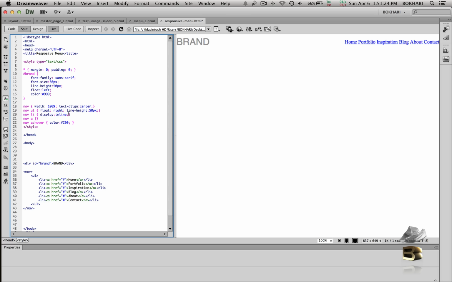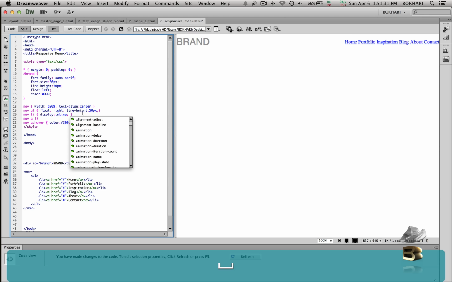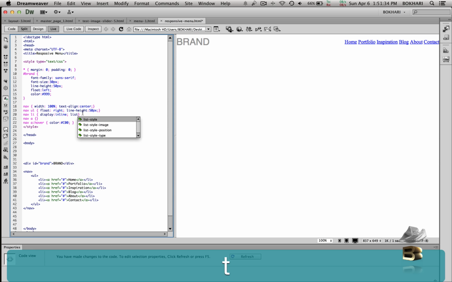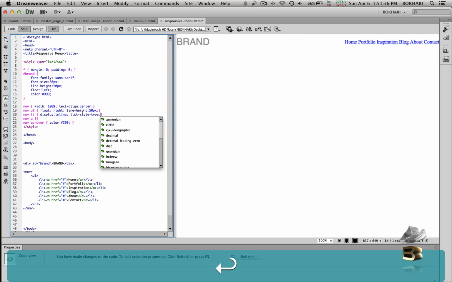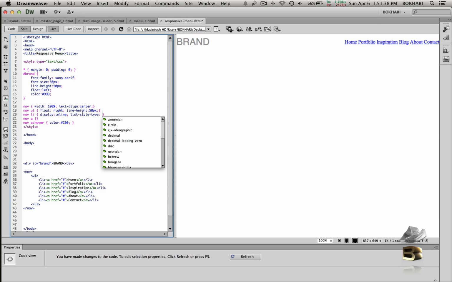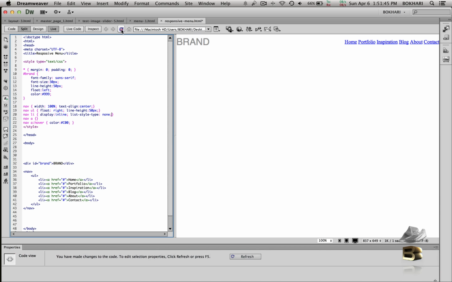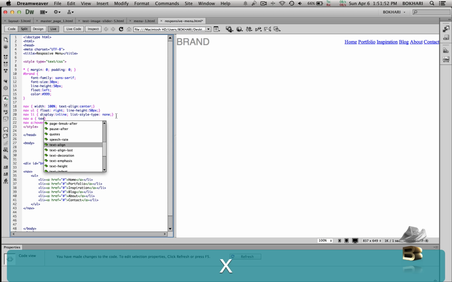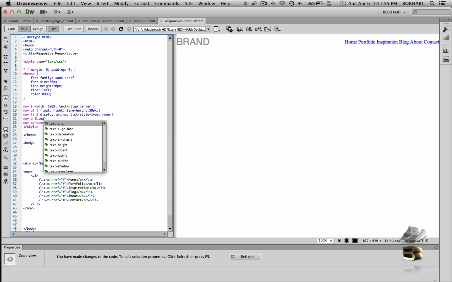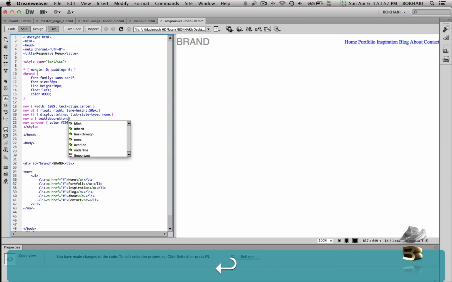Okay, moving on, it is getting shaped, right? So in the li we're going to give it a list style type none, so that we get rid of the bullets, none, and to get rid of these underlines we need to put the text decoration in the anchor tag. Okay, nav a text decoration none,